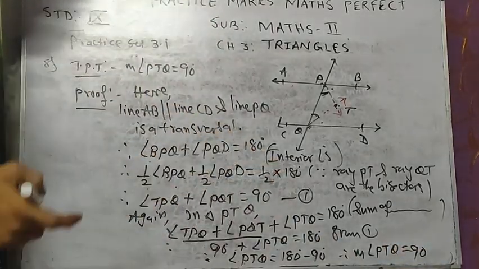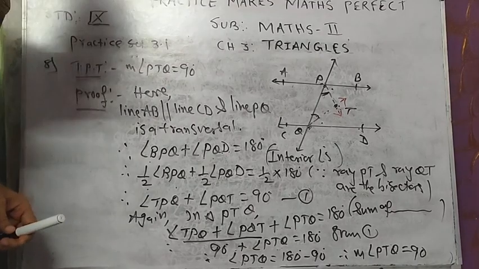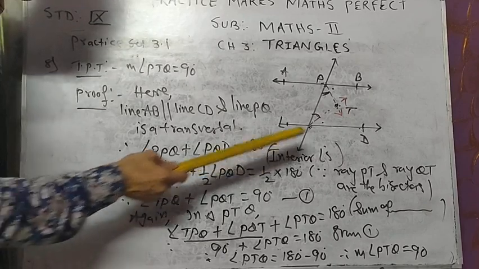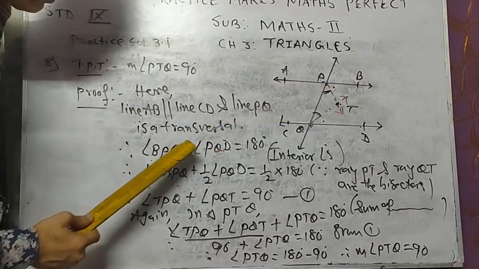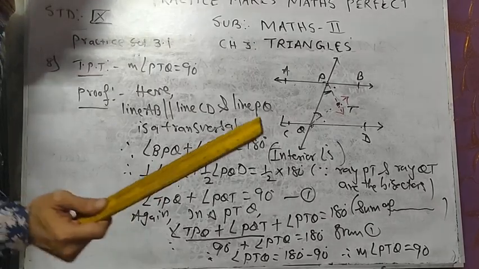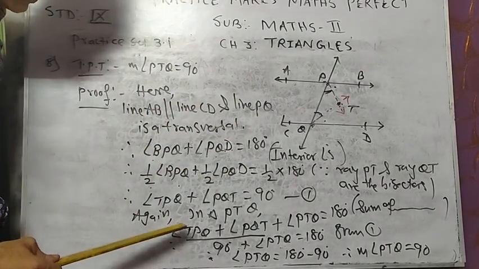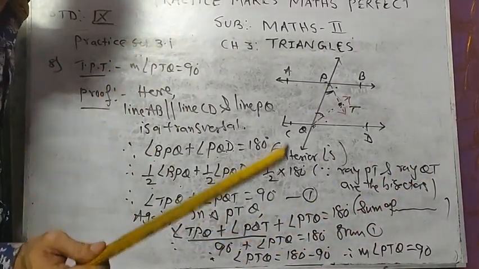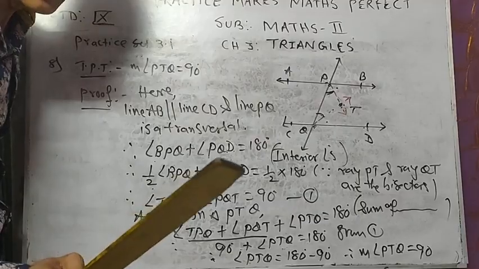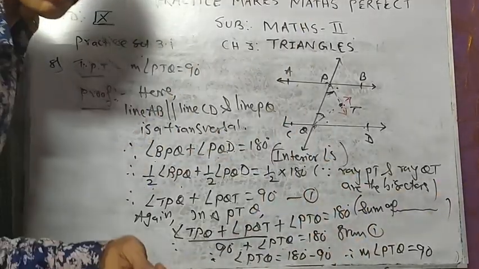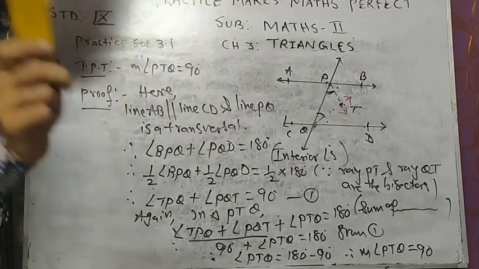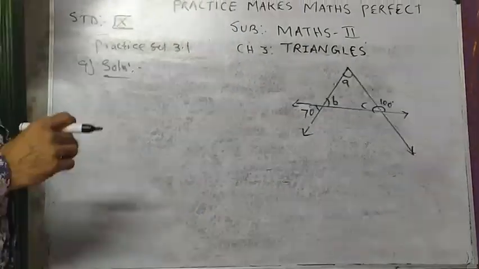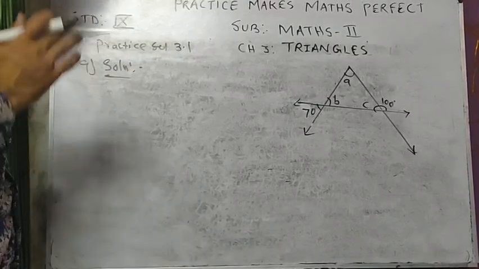You got the answer. So very easily you are getting the answer. In this sum, we are taking the help of interior angles. These two are interior angles. After taking interior angles, we are taking the help of the concept sum of the measures of angles in a triangle. Again I am saying you have to write the reason in full. Okay? If you write like this, your marks will get cut. I don't have a place, so I have written in this manner.